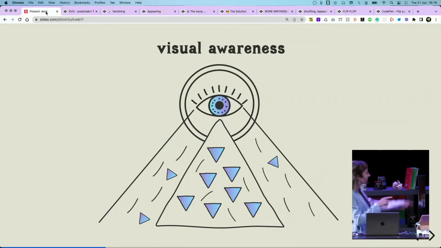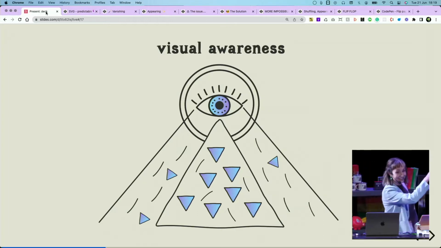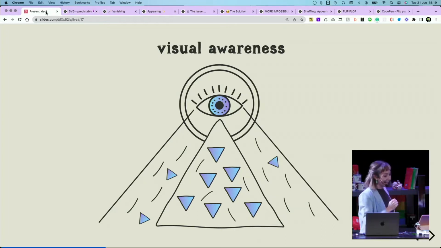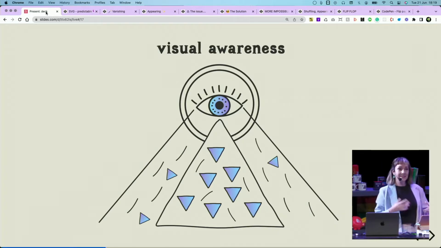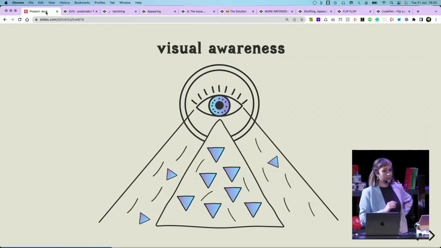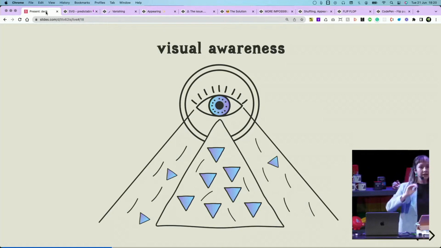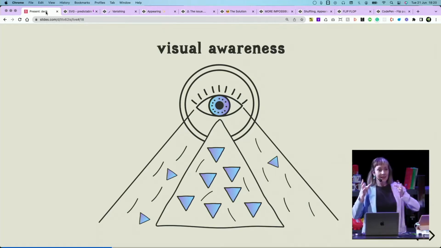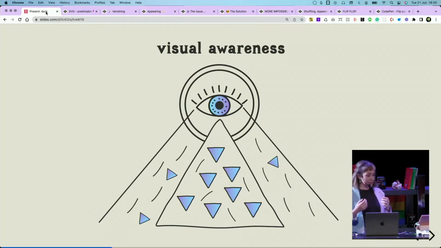And cones, these little, it looks very Illuminati, doesn't it? The little triangles underneath the Illuminati thing, those are our cones. And cones are really sensitive to light and color, and they're mostly collected in our central vision. And then in our peripheral vision, we have like a few cones, but it's mostly rods, the little line guys. And the rods are more sensitive to movement. Our peripheral vision basically shouts like, hey, over here. And then our central vision will scan and catch up and then gather all of the details.